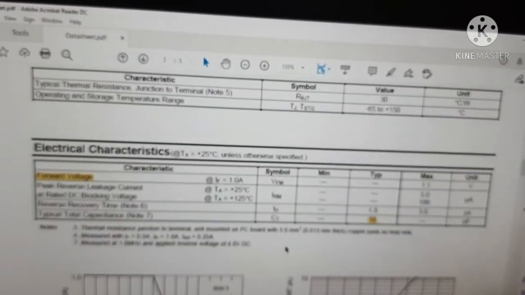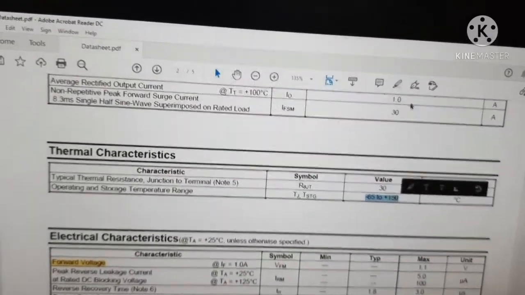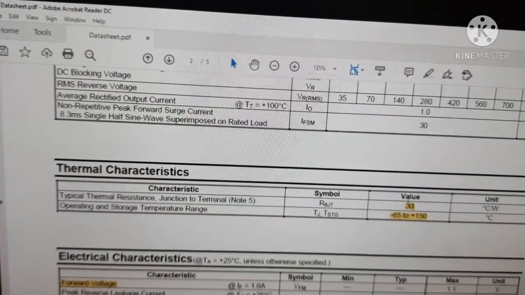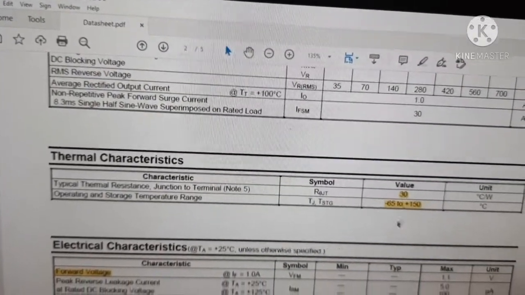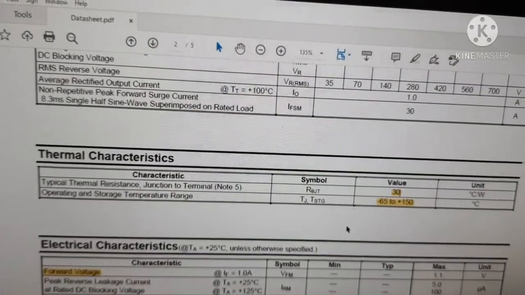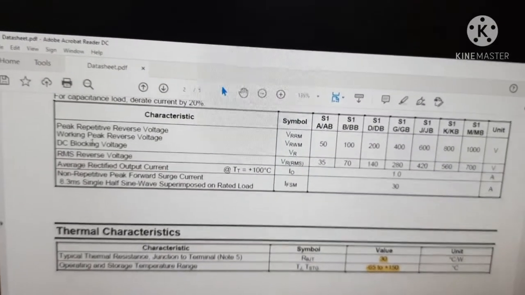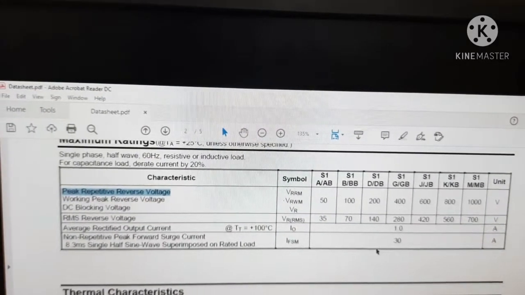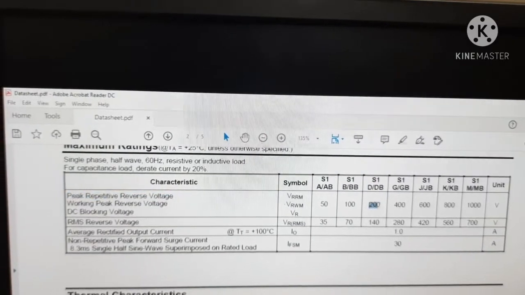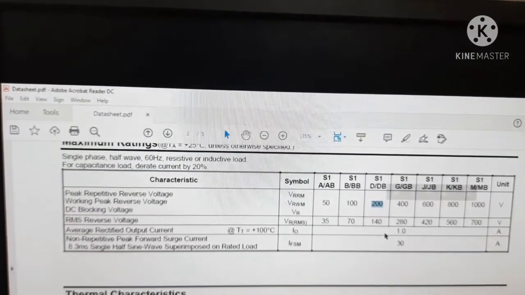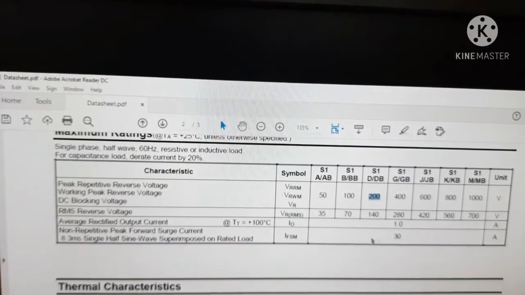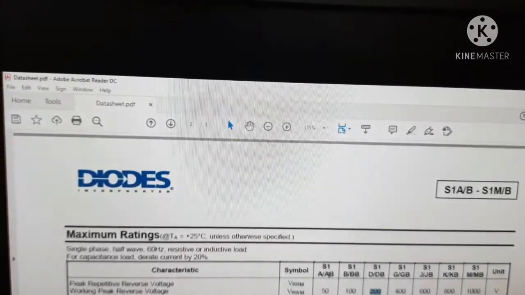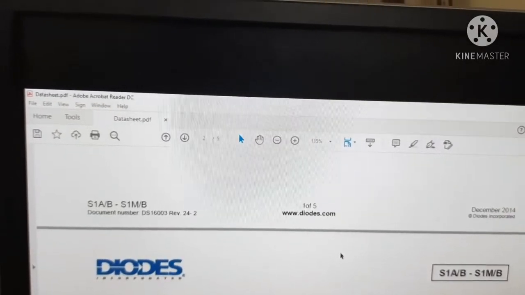We also need to look at the operating temperature, and thermal resistance is also important. I am going to explain these parameters in a later section, including why we consider thermal resistance and all. We also need to consider the peak repetitive reverse voltage. It all depends upon the package, and it varies with the type of diode, like the Schottky diode and so on. We are going to learn those things in coming sections.